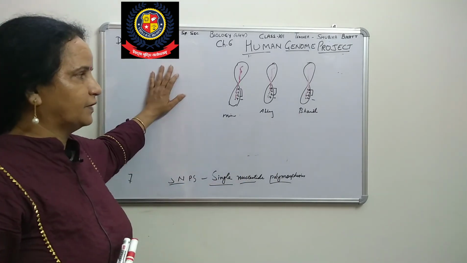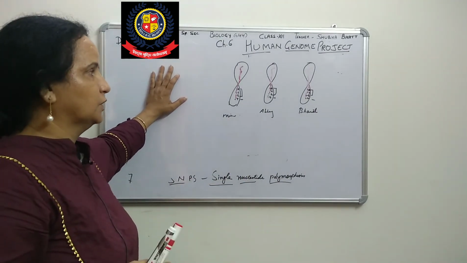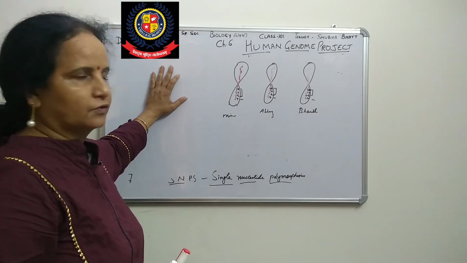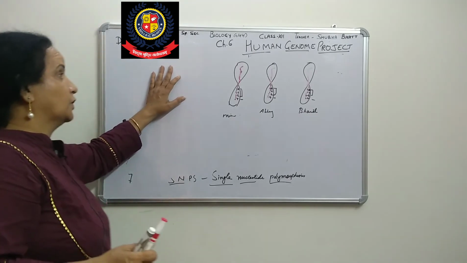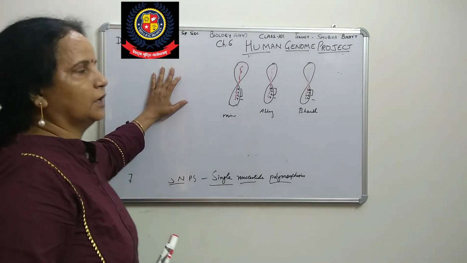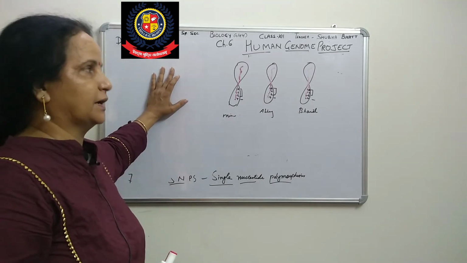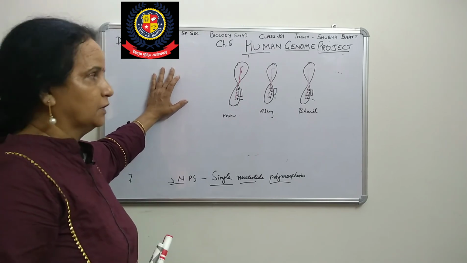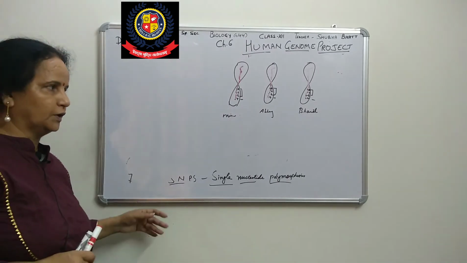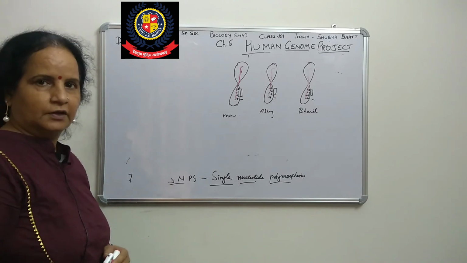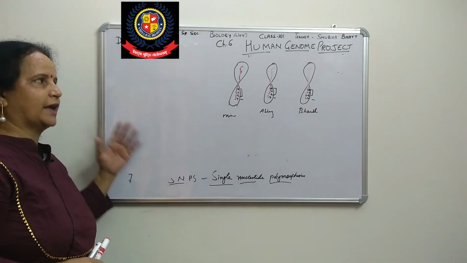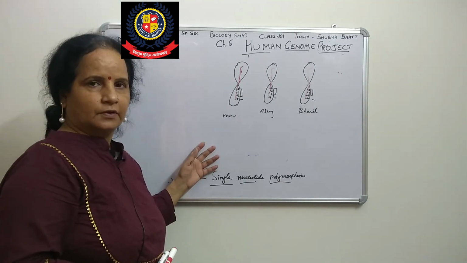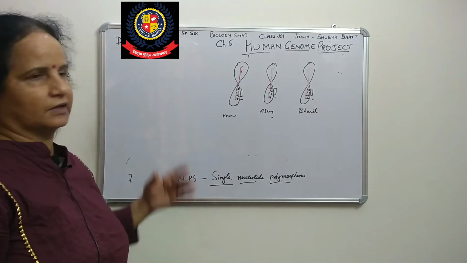Now after that, by polymerization of these fragments, when we are getting more copies of segments, we need to sequence them. Sequencing is done using Frederick Sanger's method, automated sequencing. That method he had developed for amino acids in protein, and later for DNA sequence. So by using Sanger's method, we sequenced it. Then we can store the data whatever we have got.